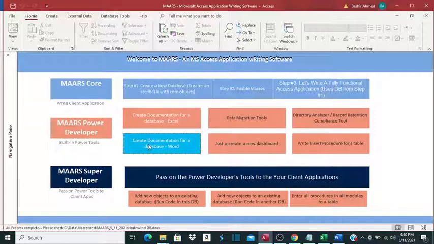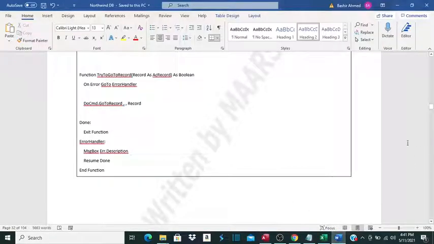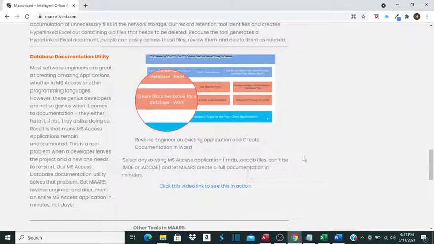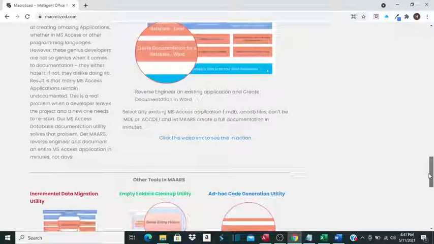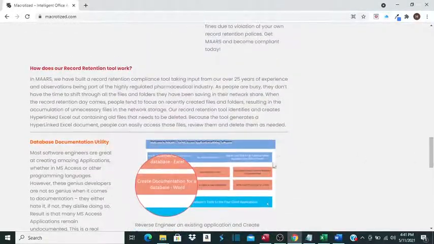So this was the quick demonstration of how MAARS reverse engineers an Access database and creates full-blown documentation for the entire database. Hopefully you find this helpful, and maybe you are curious to know more about MAARS, and